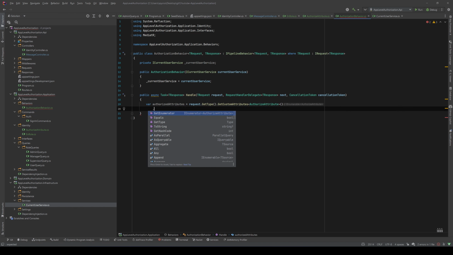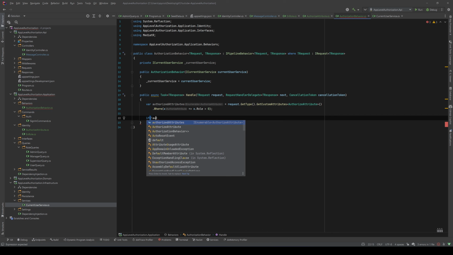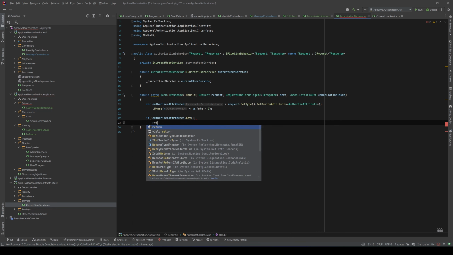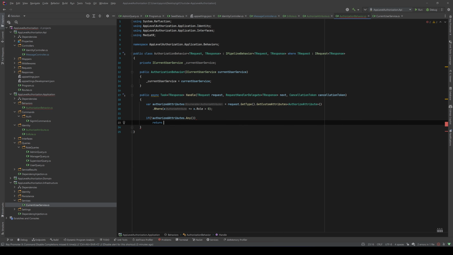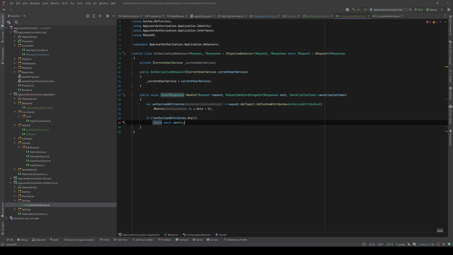And also let's say that we need the role to be greater than or equal to 0, which is the default value of an enum. Alright, now if it doesn't have any authorized attribute, so if not authorizedAttributes.Any, we can continue processing our request, so return await next. Okay,